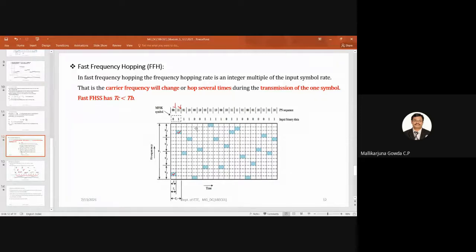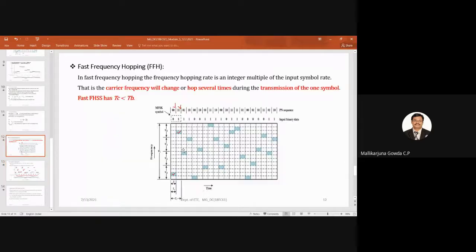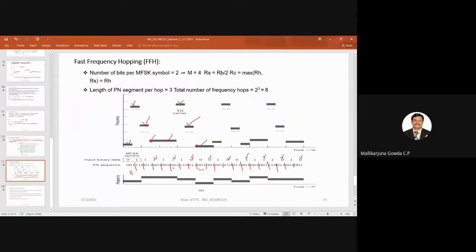See, with respect to this example, a 3-bit PN sequence is there, right? What I said here, you have to write from FC1 to FC7. Then for every symbol which has 2 bits, I have 2 3-bit PN sequence numbers, the frequency. This is 0011, so here I have 1 and 3, and that is 1 and 6 here. Hopping frequency is 1 and 6 for symbol 01. So there you need to mark that.